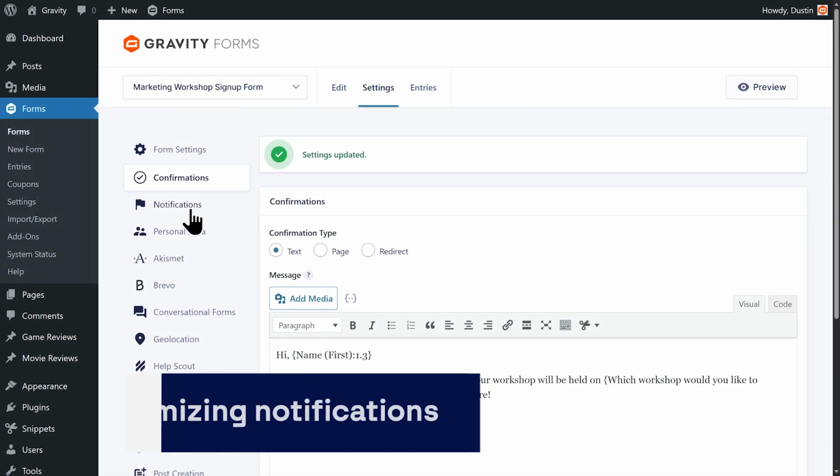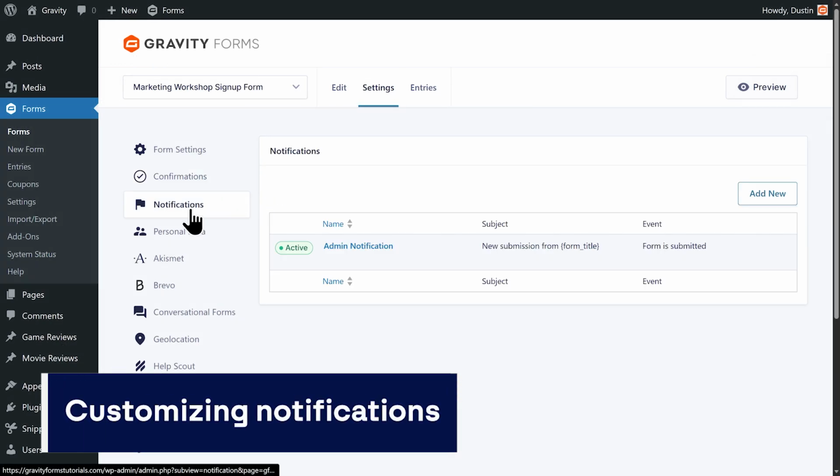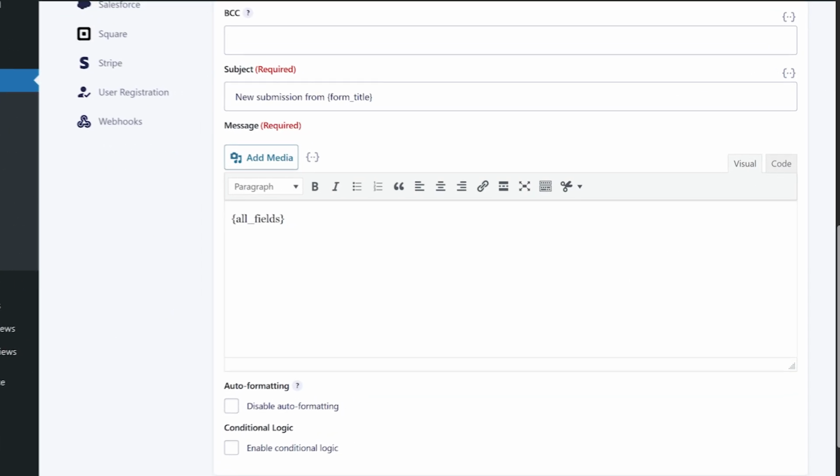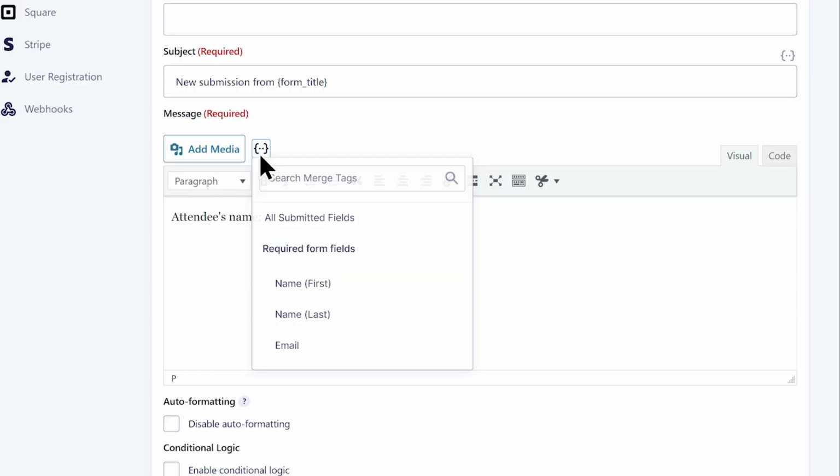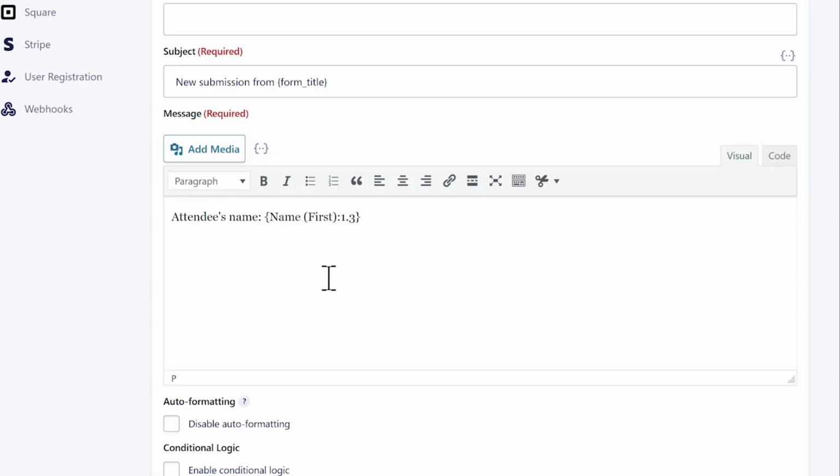I can also head to my notification settings and update the admin notification. By default, the admin notification will use the All Fields merge tag, which will include all field data entered on the form. I'm going to narrow the scope of this notification and just include the attendee's name, email, and workshop